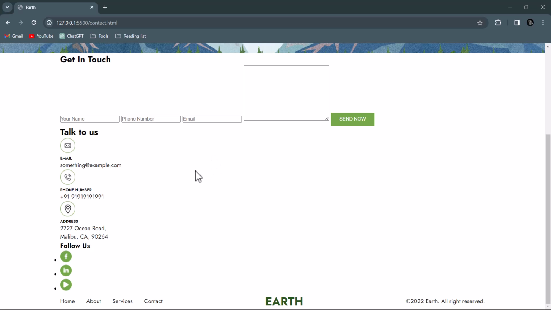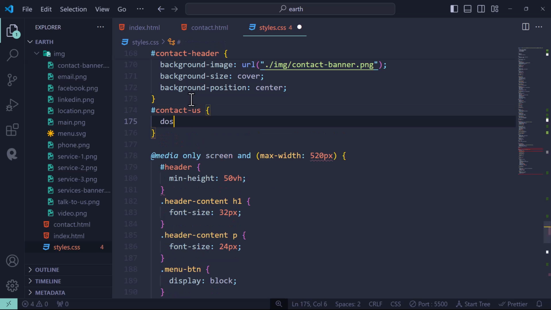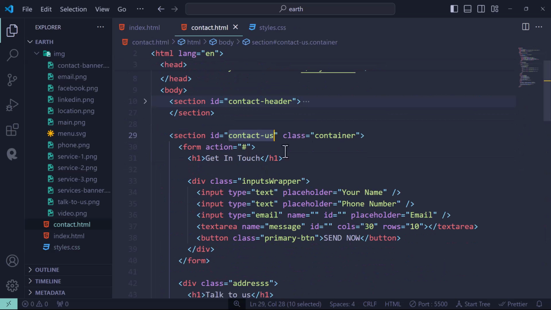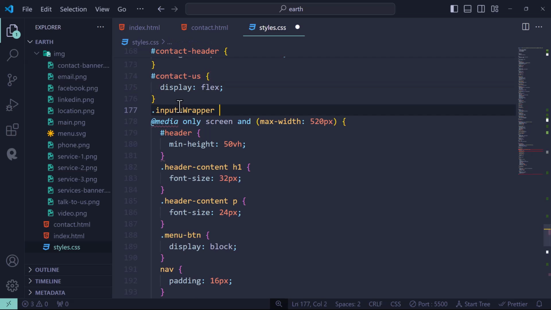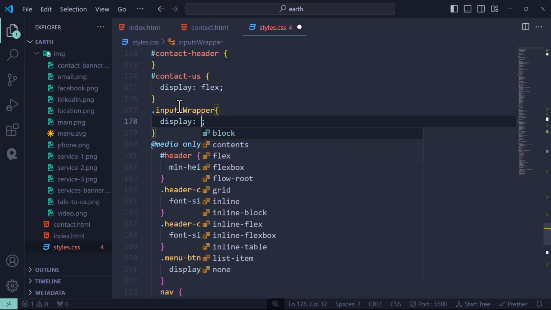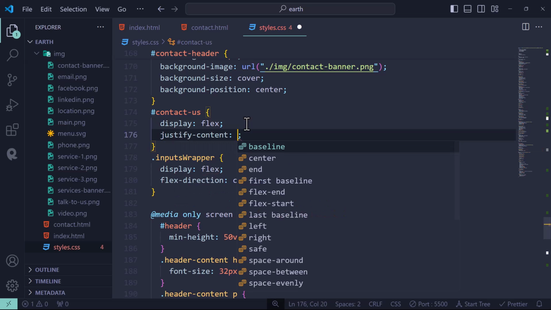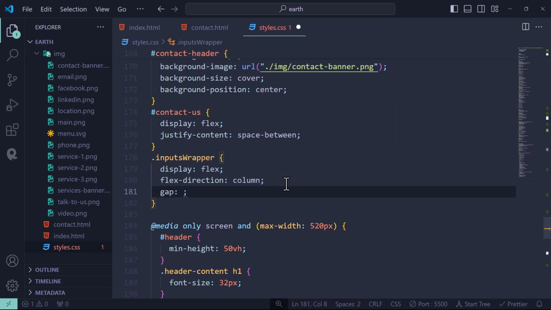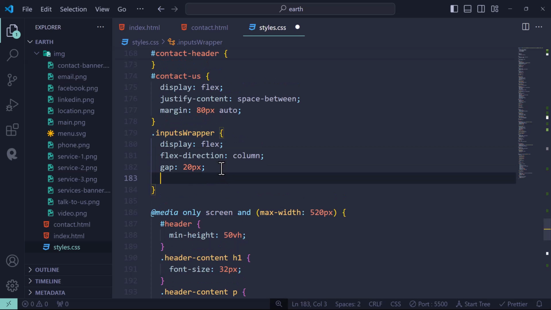As you can see, our site is currently looking like this. Now let's style this up. Make display flex. After that, for the inputs wrapper, make display flex and flex direction column, and for this justify content space between, and gap of 20 pixel, and for the inputs wrapper add margin top